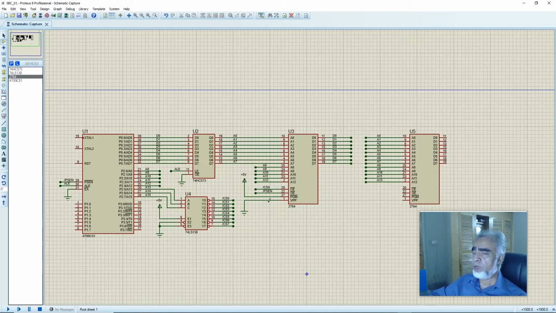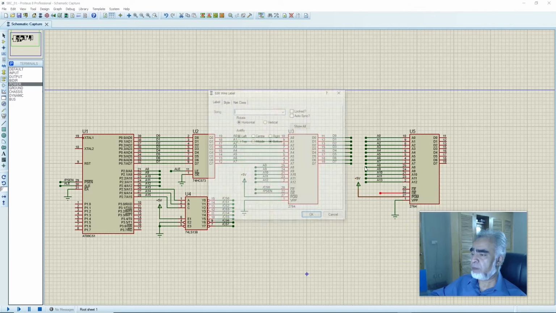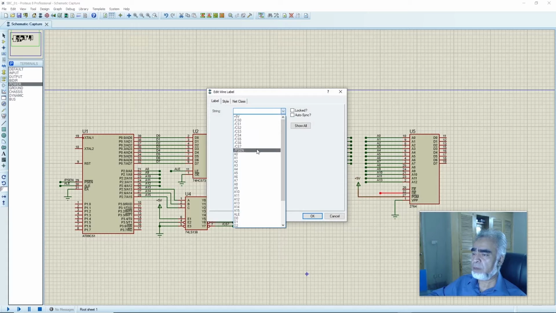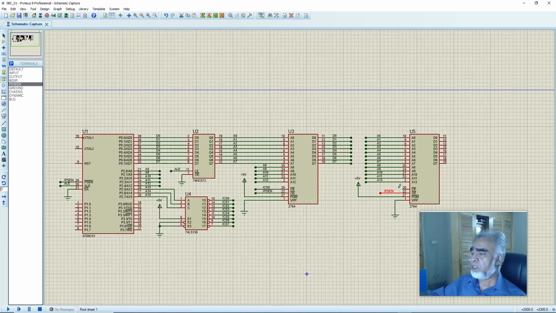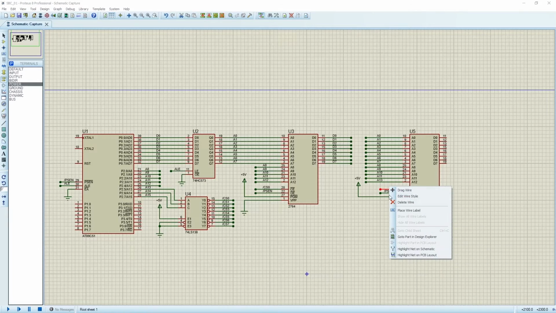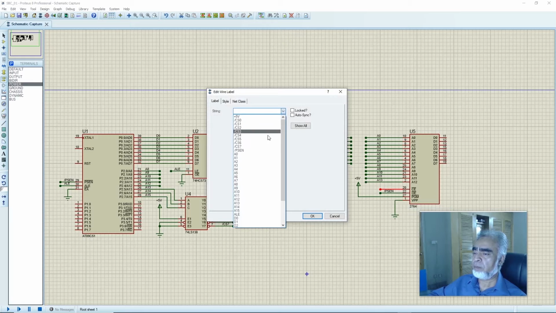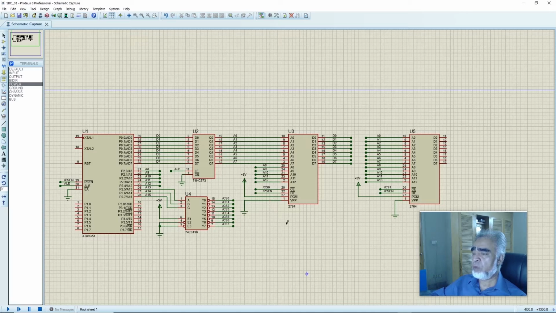And we'll connect the VPP with the ground, and we will connect the programming pin, that is pin number 27, with the 5 volt. And we'll connect the output enable of the second source code, that is 2764, with the signal, that is psend. And now we'll connect the chip enable signal, that is pin number 20 of the 2764, with chip select 1. It means the first 8K source code will be selected from chip select 0. And the second 8K source code IC will be selected with chip select 1.